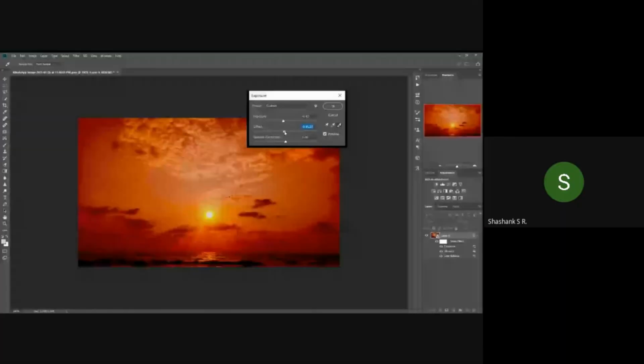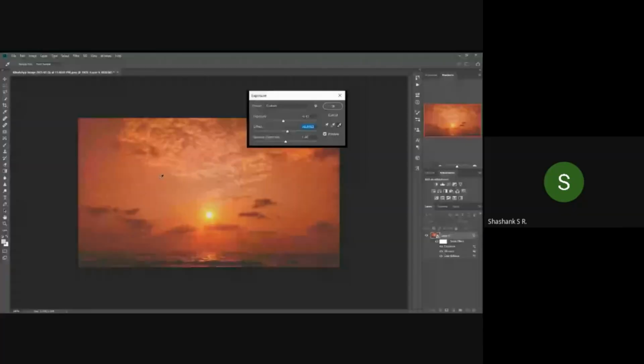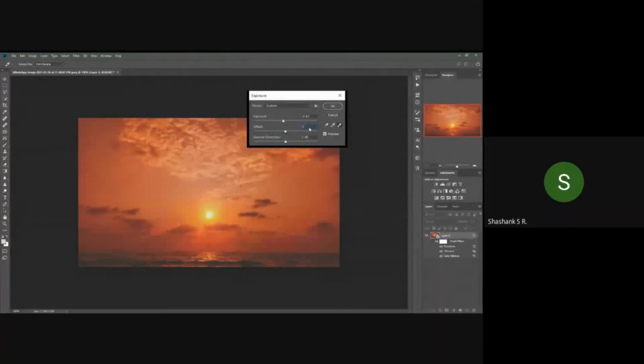Now, offset is like putting a layer of shade on the image. If you increase it, you can see a layer of white background on this image, so I will not touch the offset. Now gamma correction: if you increase the gamma correction, the image becomes darker.